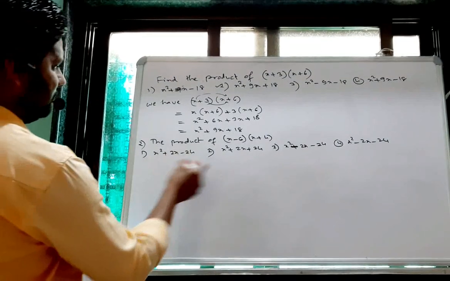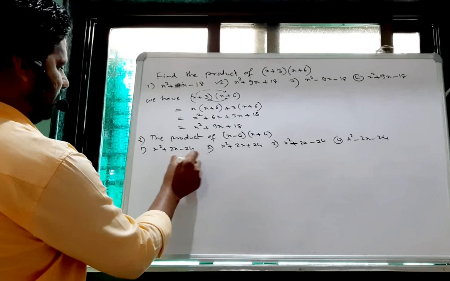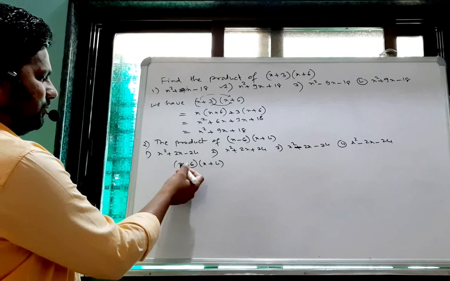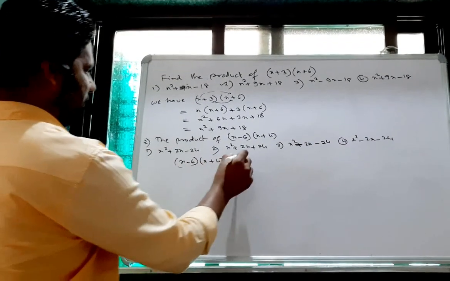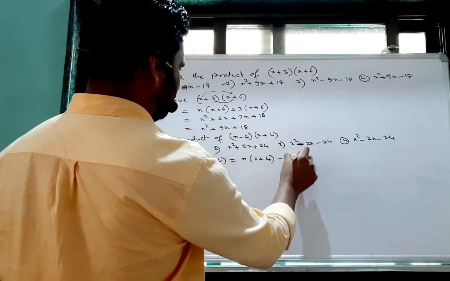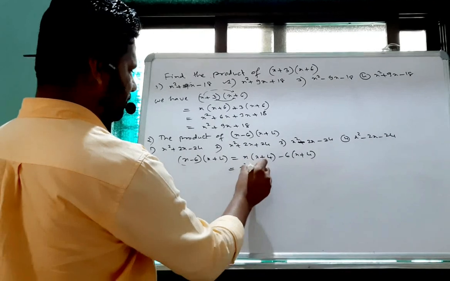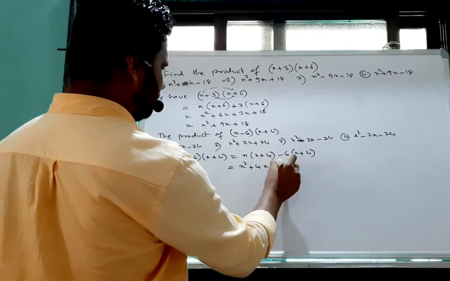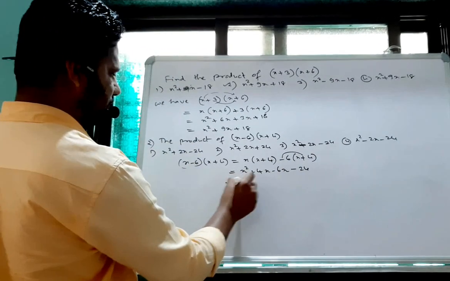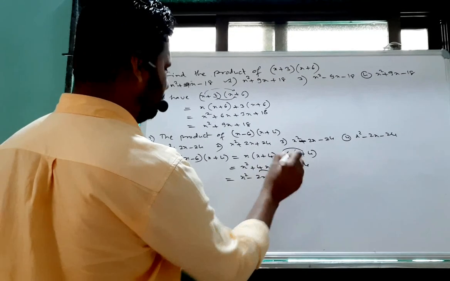That is also the same. Again we have to find the product of x minus 6 into x plus 4. The x is multiplied to x plus 4, that is x into x plus 4. Then minus 6 is multiplied to x plus 4, minus 6 into x plus 4. Now again open the bracket: x square plus 4x minus 6x, minus into plus minus, 6 fours are 24. So which is x square, in this x is common, so minus 2x minus 24.